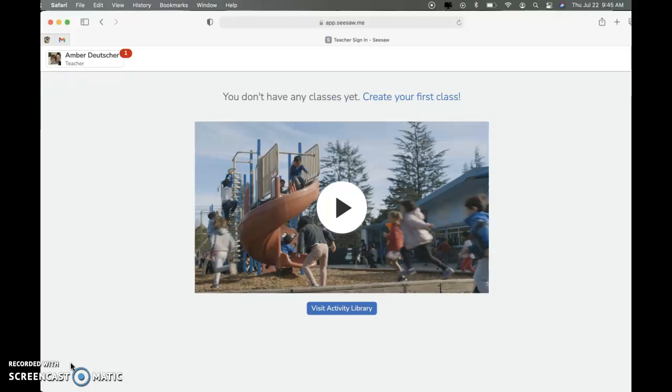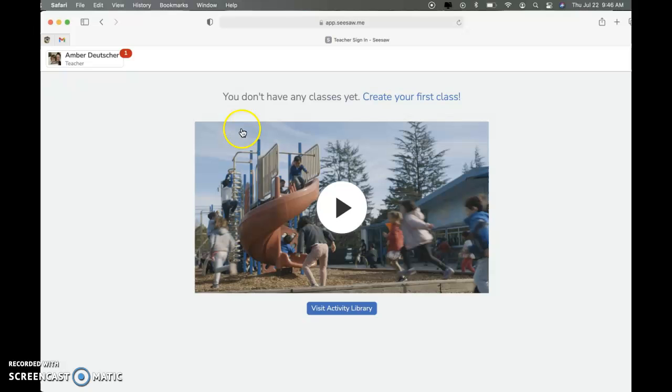So SeeSaw is a great way, from what I found out, to be able to keep in contact with parents throughout the year. In the event that we would have to go back to remote learning, from what I've seen, it's a great way to assign different activities and lessons to your students. So we would be able to manage the use of the technology and the student learning, as well as the students having to contribute constructively to the activities and to the teams of what we provide. So those two are the ISTE standards, 6B or E6B, and then